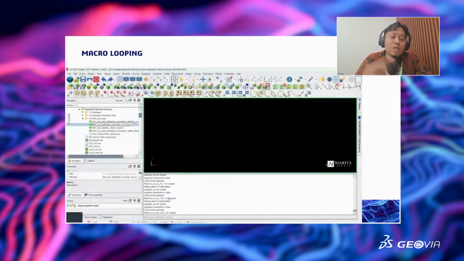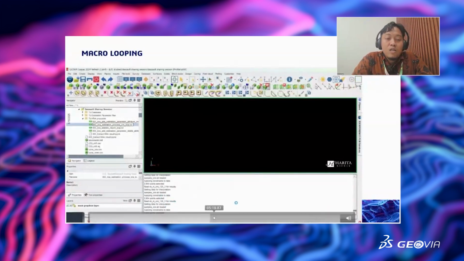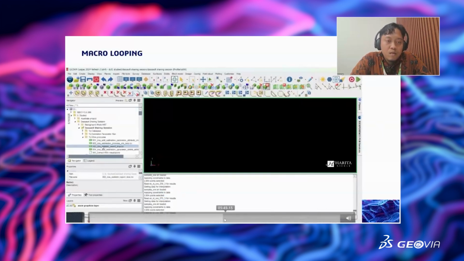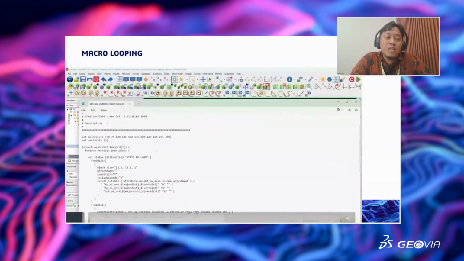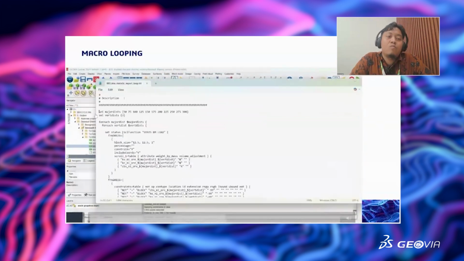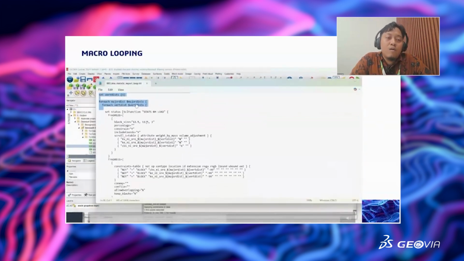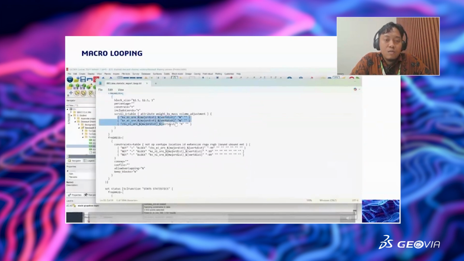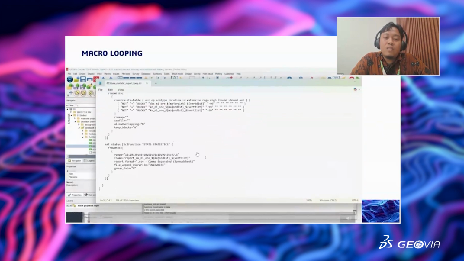Here, just loop until 50 for 303, sorry. And it will be produced also for my estimation report here, and make a looping. And this is the macro for the basic statistic here. It will be same. We set up our KNA parameter here, and use the BM load for the basic statistic.